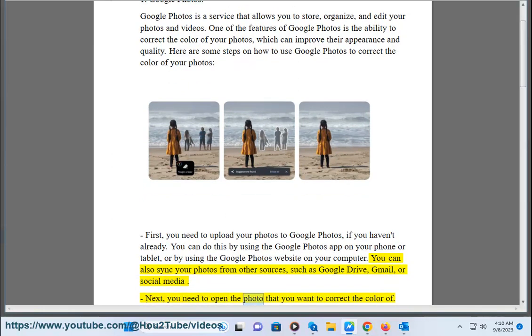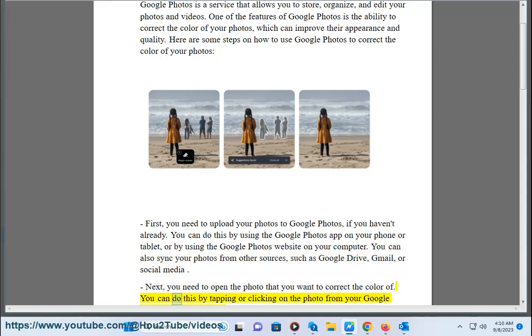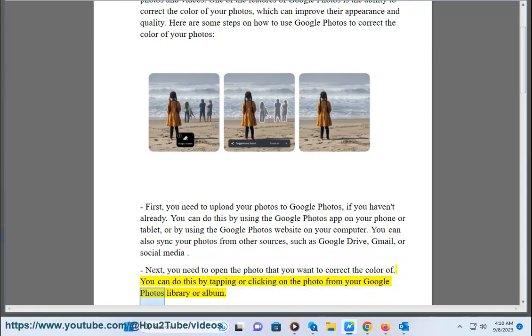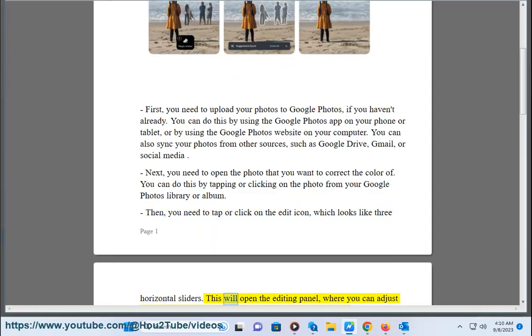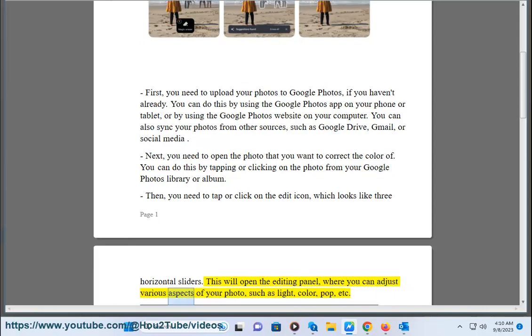Next, you need to open the photo that you want to correct the color of. You can do this by tapping or clicking on the photo from your Google Photos library or album. Then, you need to tap or click on the edit icon, which looks like 3 horizontal sliders. This will open the editing panel, where you can adjust various aspects of your photo, such as light, color, pop,